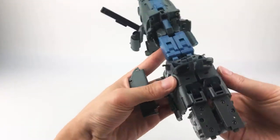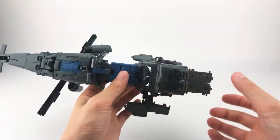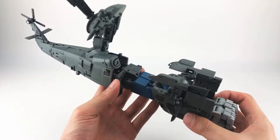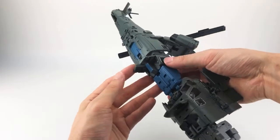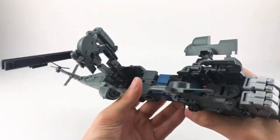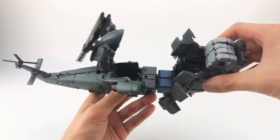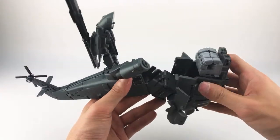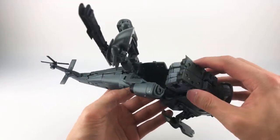I feel like it's a little bit easier to deal with all this once you have the two halves combined instead of doing it afterwards because there's not a lot of room in here. So remember to fold in the side skirts first and then the front and the back. And now we're going to go ahead and come in like so. It's a little bit easier if you make use of that ab crunch to bring it down like this. And from here,